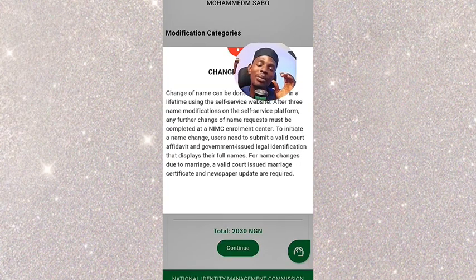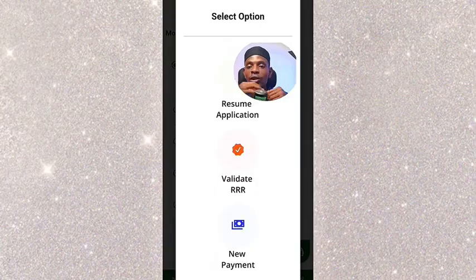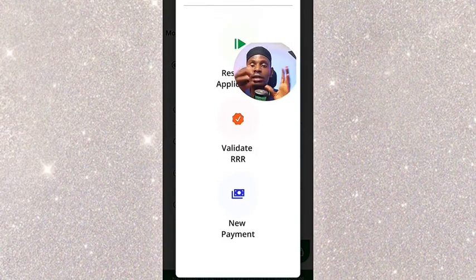So you also have to read everything that you are going to see here. Read everything from beginning to end. Read so that you understand. Then you click on I understand after you successfully read everything. Now when you click on I understand, it will bring you to an interface like this where you are going